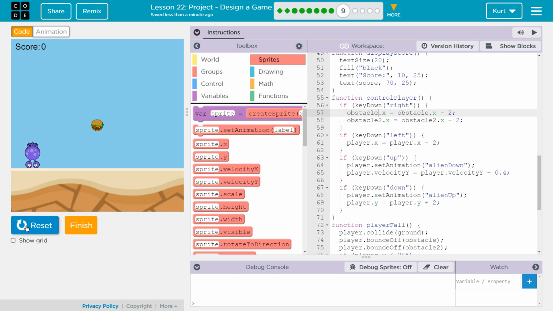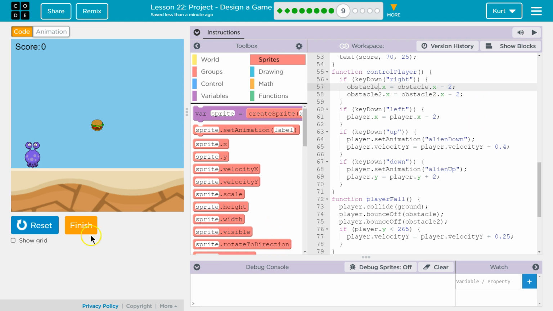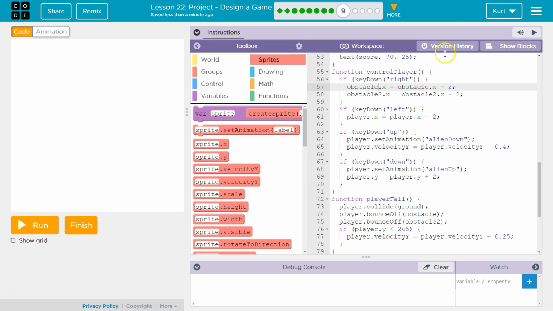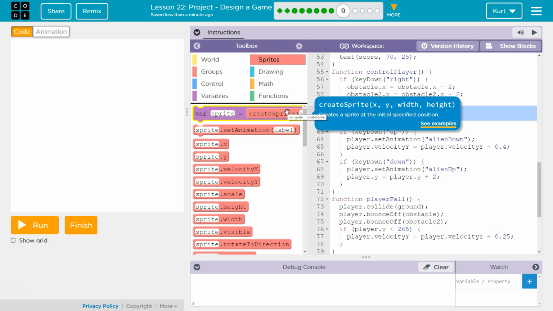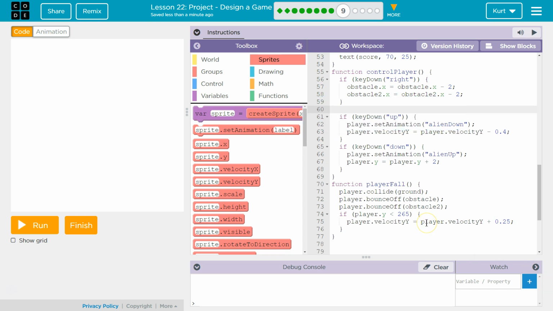And maybe I shouldn't have to press right. Maybe I should have it do that automatically. But I'm going to leave that as is for now. So, now if I hit up, if I hit down, our player flips animations. All right. And then once it gets to the back here, I'm going to have the obstacles be repeated. So that's where we want our loop. So I'm going to reset and obstacles. I'm going to get rid of left. There's no reason for our player to go left. And I am